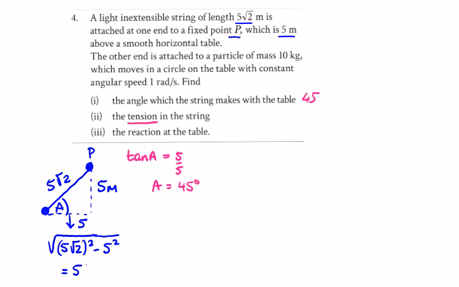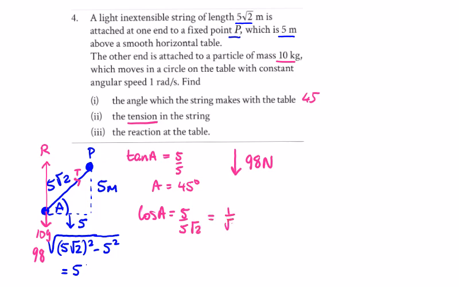Tension in the string. Okay, let's have a look at tension. So what are my forces coming down? We have 10 kilograms, so 10g here, which is 98. Just jot that down here. Going down, we have 98 newtons. We have, I'll extend it up a little bit, the normal reaction. And we also have over this side, in terms of T, I'll do the cos of A and the sine of A. The cos of A is equal to 5 over 5 root 2, which is equal to